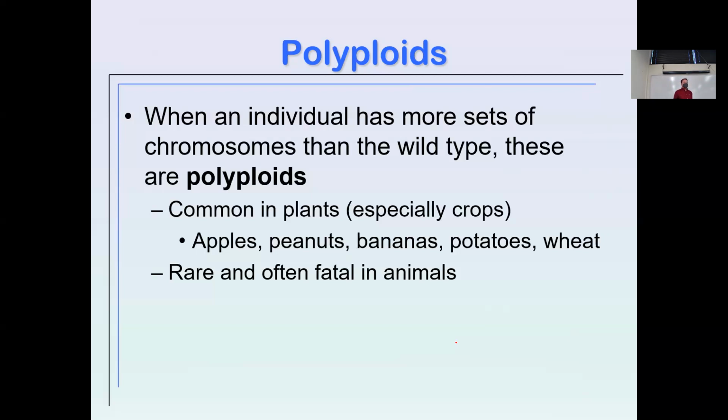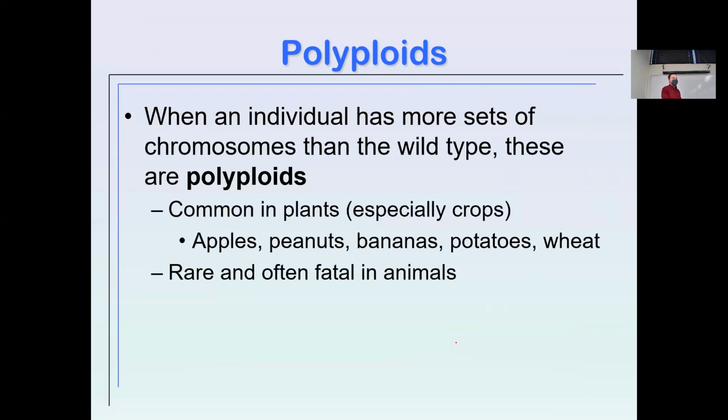Why in the world would you want that? Well, the genes, again, what happens when you have more than one chromosome present? Well, you tend to express more genes. You produce more of the proteins or the enzymes that are coded for on those DNA strands. If a cell has more copies of that chromosome, it just makes more and more of the thing that's being